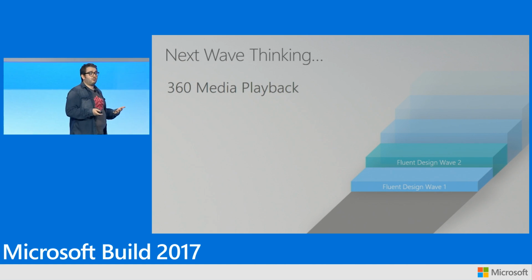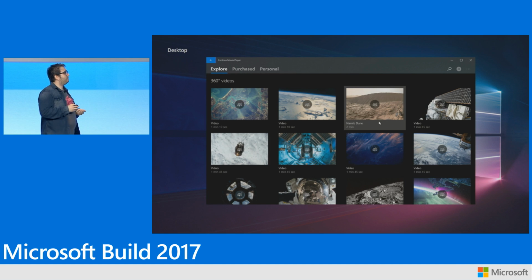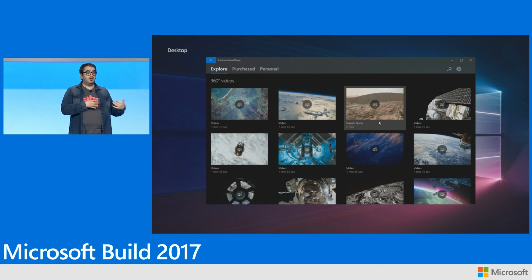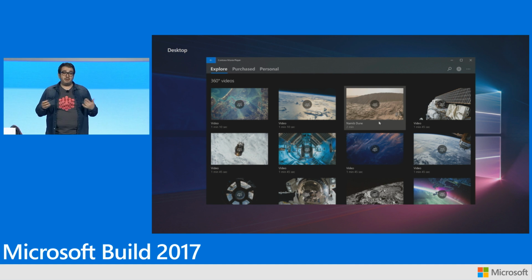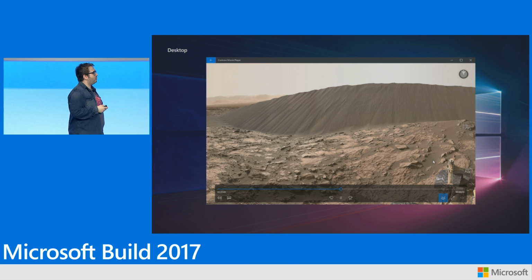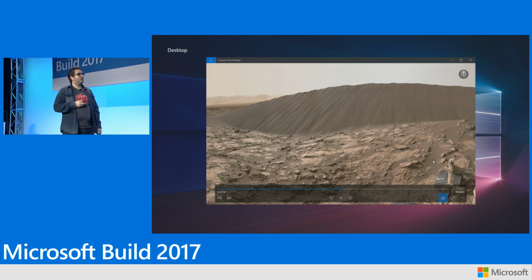And something else we think about with depth is film and 360 video, and what we're working through is how we can have an experience that's common for you. There's great support already for 360 video, and if you use the Movies and TV app, you can go check those out directly. But what about as a platform? What about as a design system for everyone? So we've been working through an experience where you might be able to click on a standard media player and go and